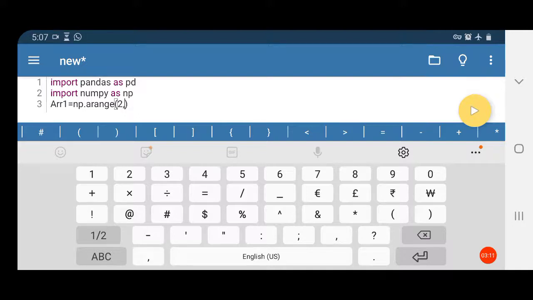So 2 comma, then start, stop and step. So stop is what? 25, comma, step means the difference between the two consecutive numbers. Since it is an even number, the difference will be 2. So step is also 2.